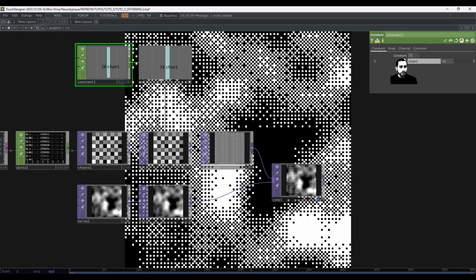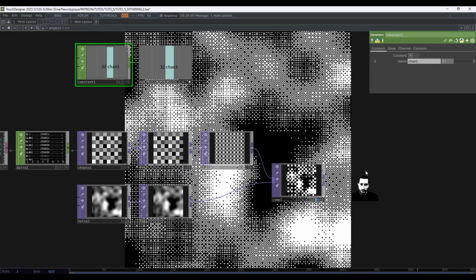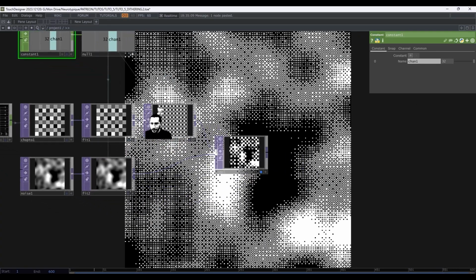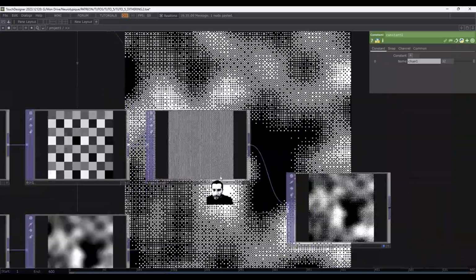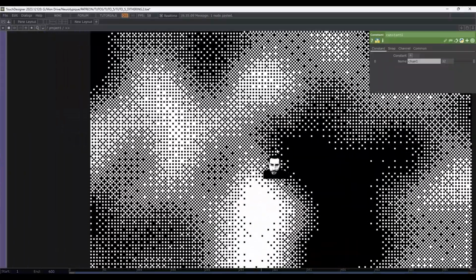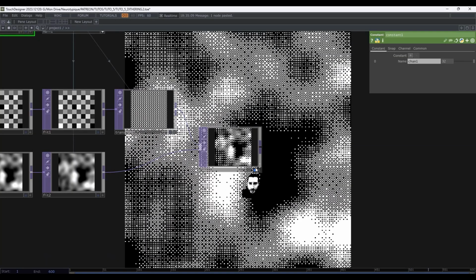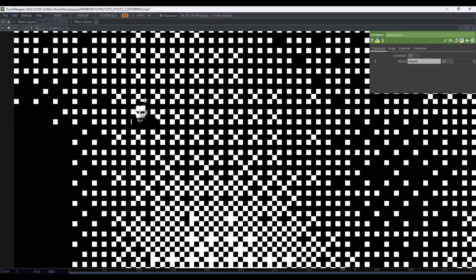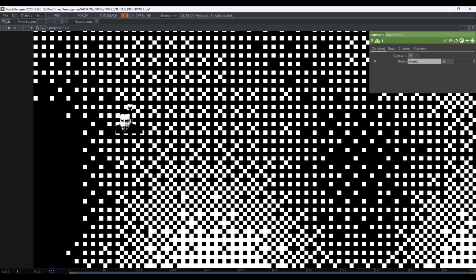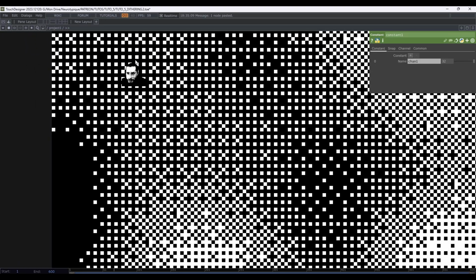So if we do not 16 but 32 now, okay, and yeah, it just doesn't work well because it's not 1-to-1 pixel. Here it does some weird stretching, but if I look here, it's still 1-to-1 pixels.